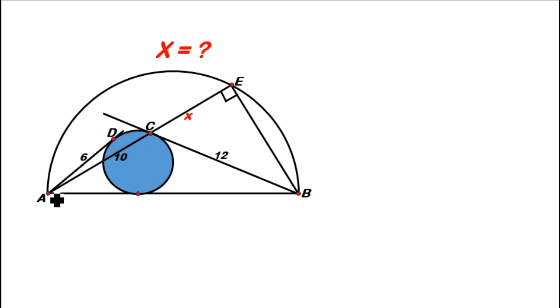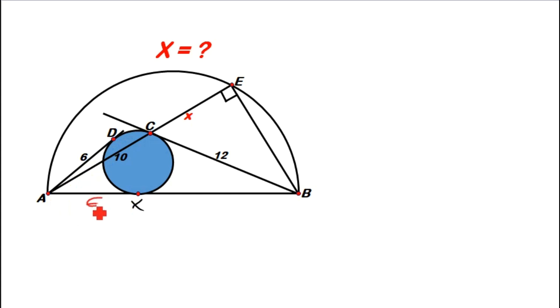You can see AD is a tangent because D is a tangent point, and that length is 6 units. The tangent AD is intersecting with this tangent from A to this point. We can let this point be X. Since D and X are tangent points, any two intersecting tangents always have the same length, meaning if AD is 6 units, then AX